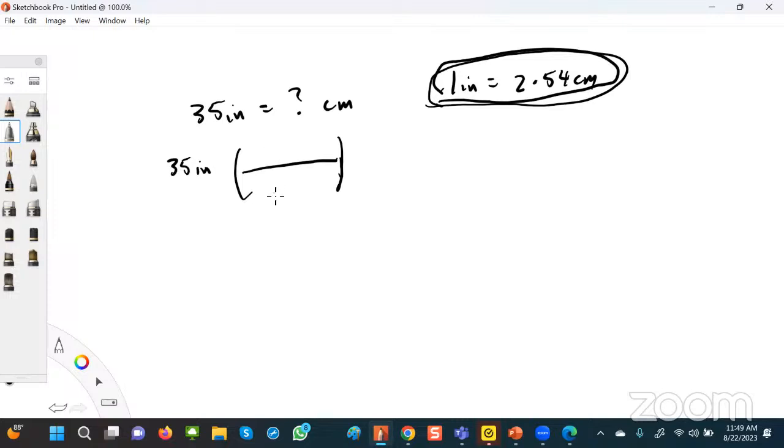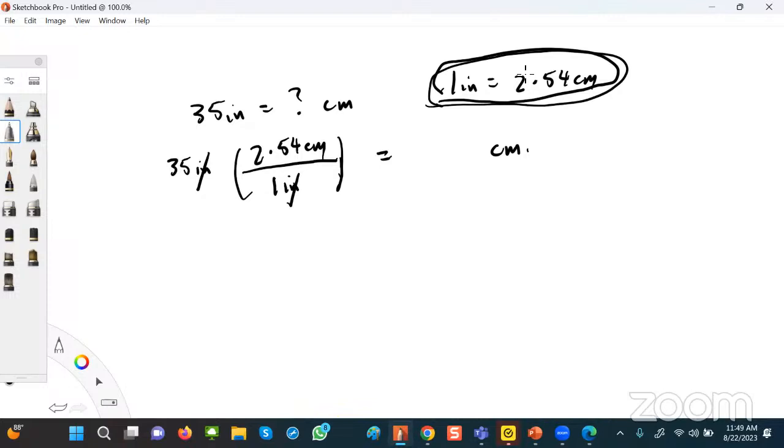And the answer is the one that has the same unit as this would be down here as the denominator. So here I'm going to put 1 inch. Above, I'm going to put 2.54 centimeters, right? So the inch unit will go. So whatever you get in the final answer would be expressed in centimeters. So basically you have to just do your number crunching on your calculator. 35 times 2.54. So the answer I got here is 88.9